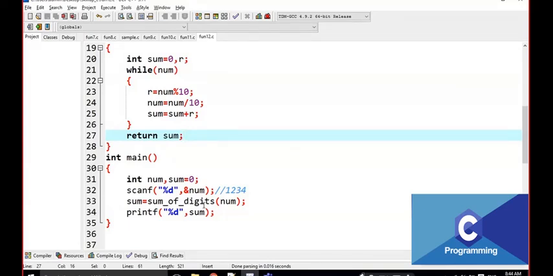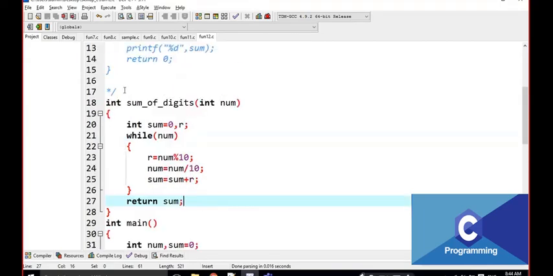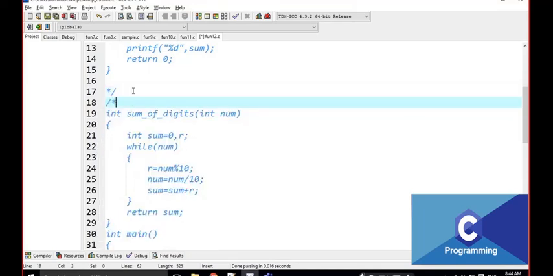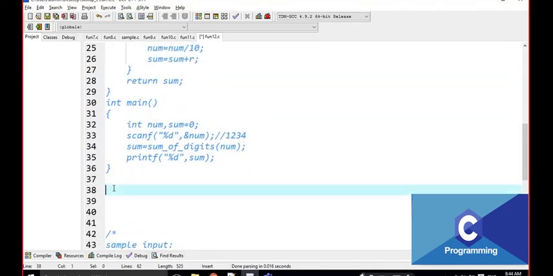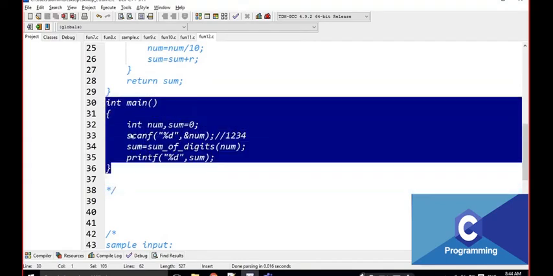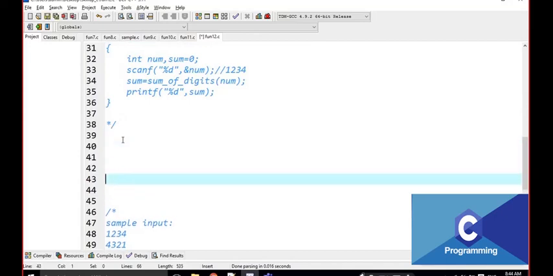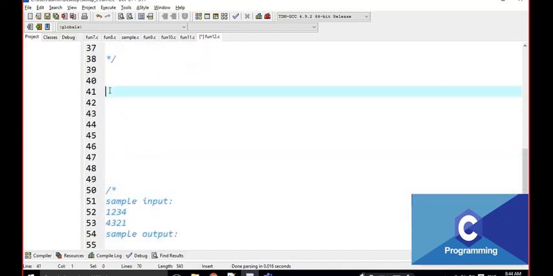Just practicing. I am doing some practice using some functions. The same thing, again the same thing. What I have to write? I have to write without return value. How am I going to write here? The same program again. I am going to comment it. I am going to write the same program again. This is the third method.